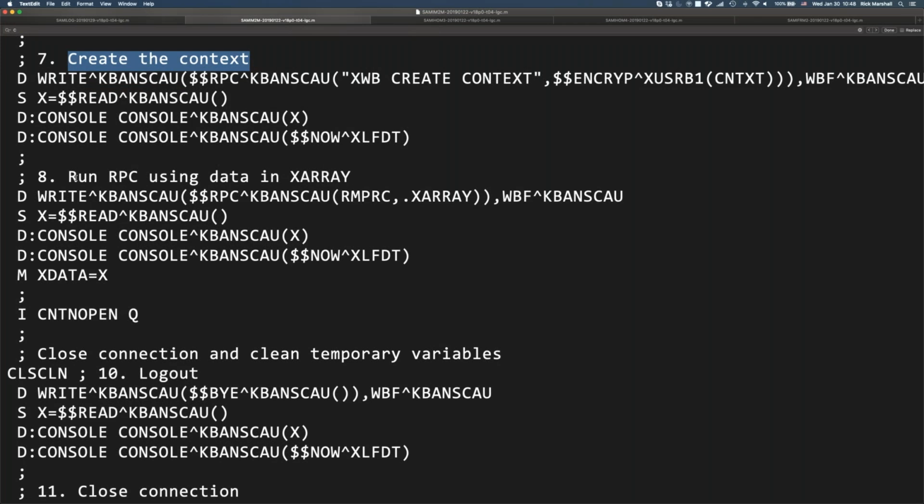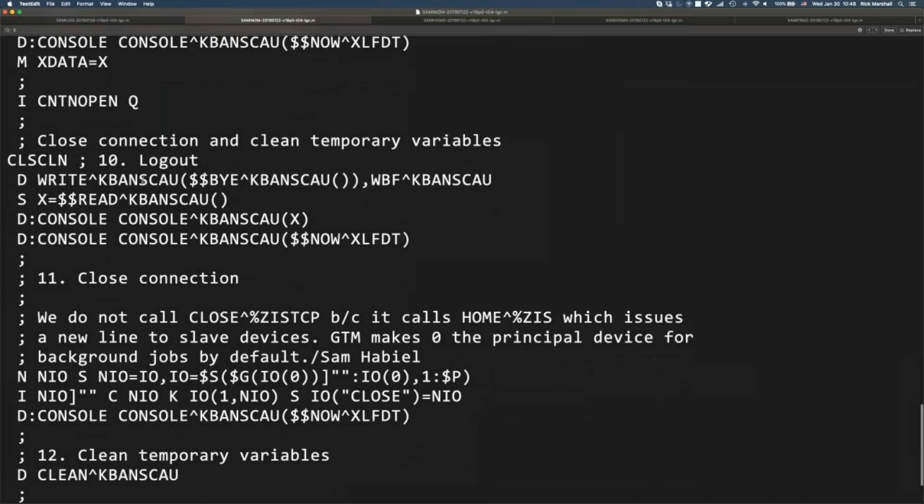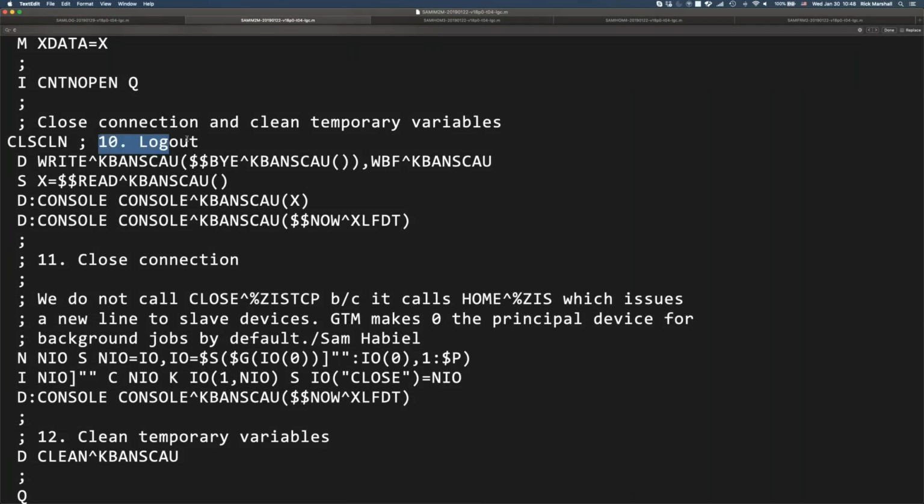Then the punchline, he actually runs the remote procedure, which is the whole point of this routine, to allow us to call a remote procedure and get the answers back from the remote server. And then when he's done, he has to let go of the channel and close the connection. And he does. First he logs out, and then he closes the connection. And this is where we have our close command. And so the question is, well, why doesn't that do %ZISC? And